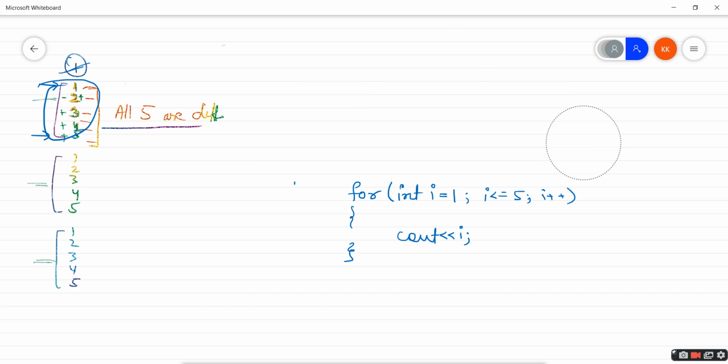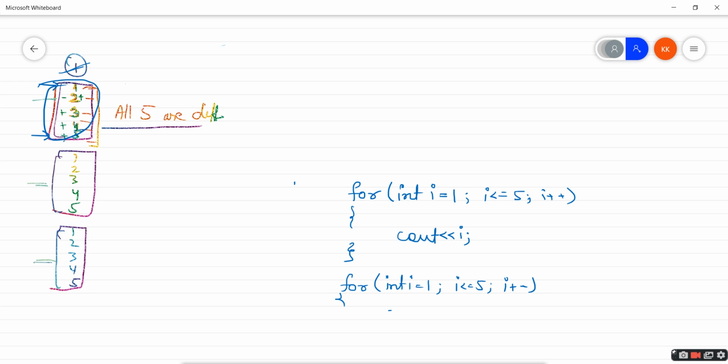Okay. Now the next part. But we don't need only this output. We have two more of the same output. Right? So the easiest way would be I can simply write this for loop 3 times. As simple as it is.